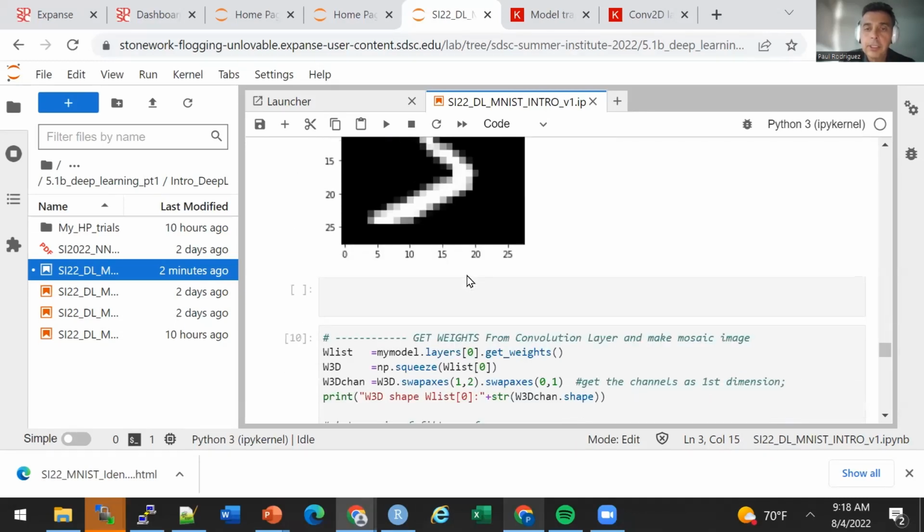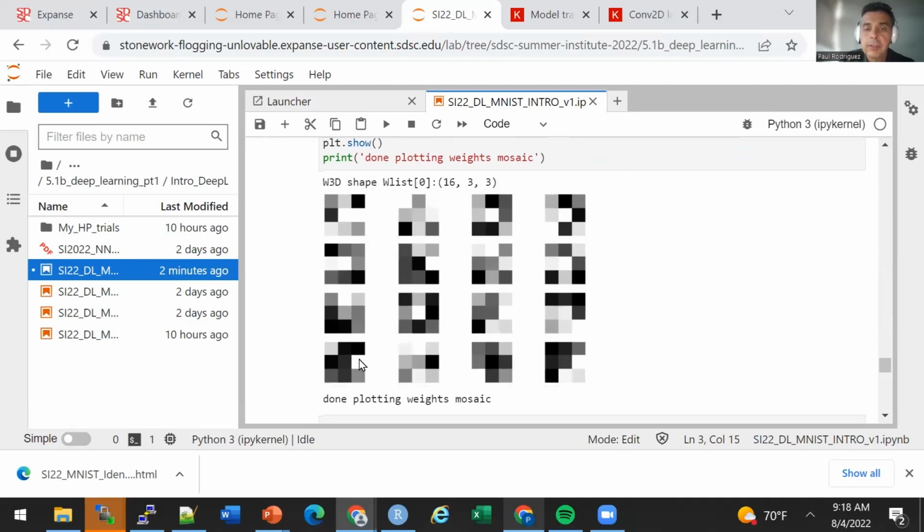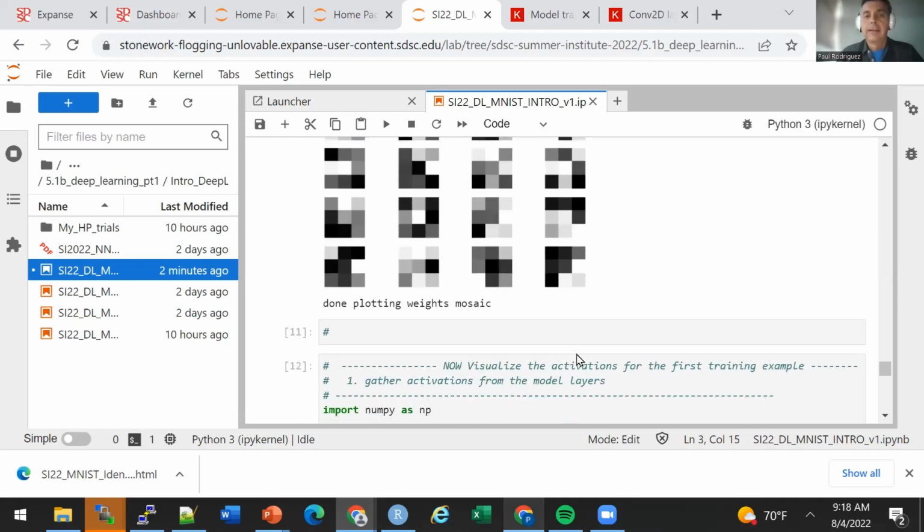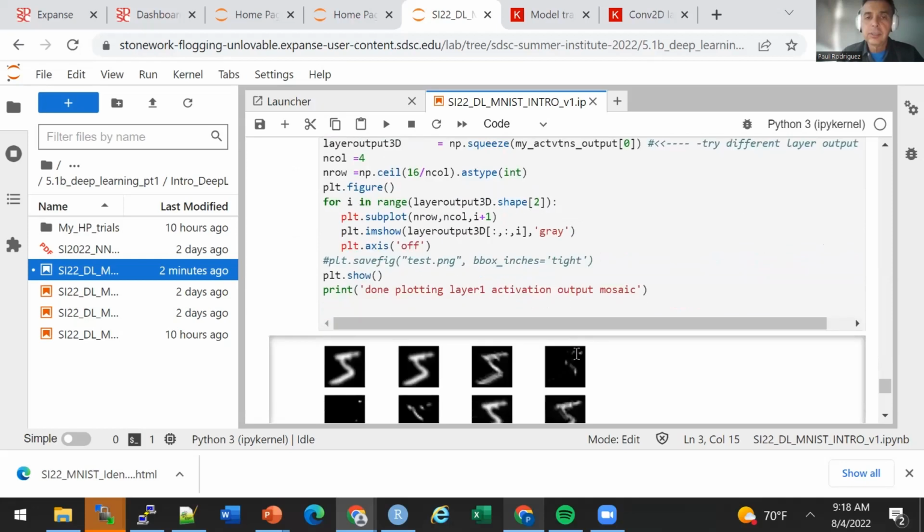I can plot an image. I can plot the filters. If you look at these filters, remember these are 3x3 filters, and it's hard to say what they're doing. If you look at the activations,